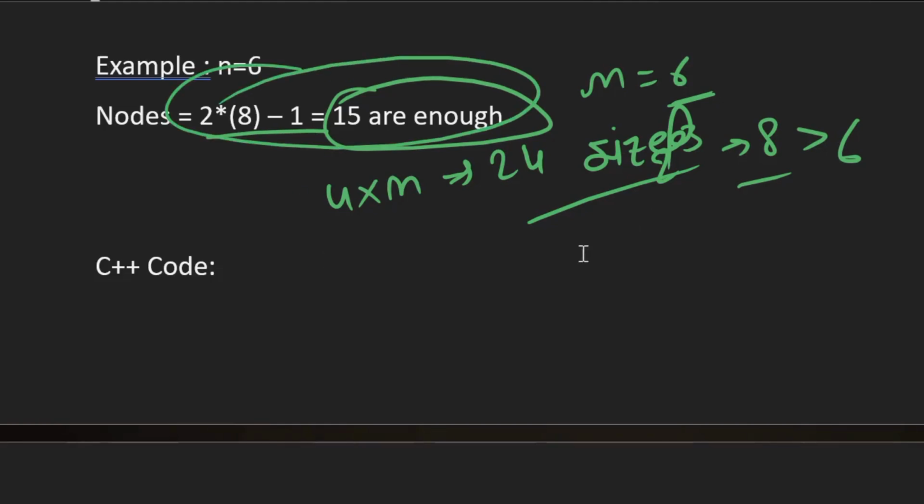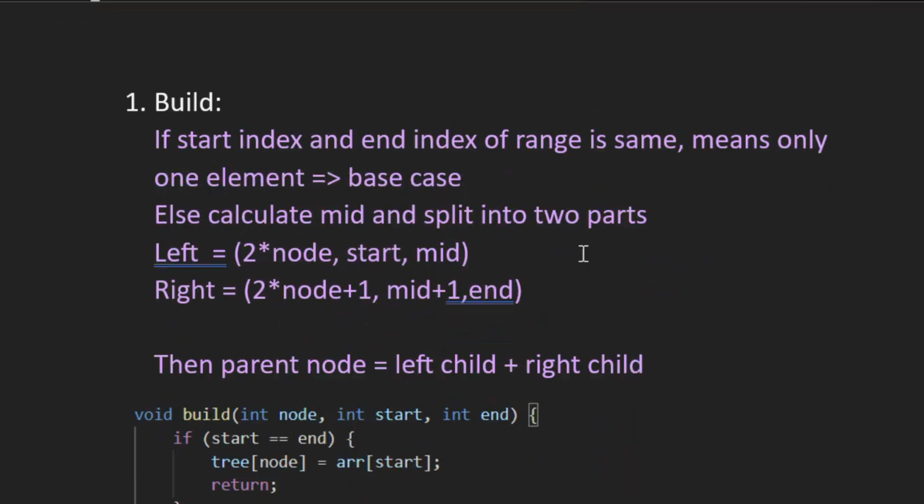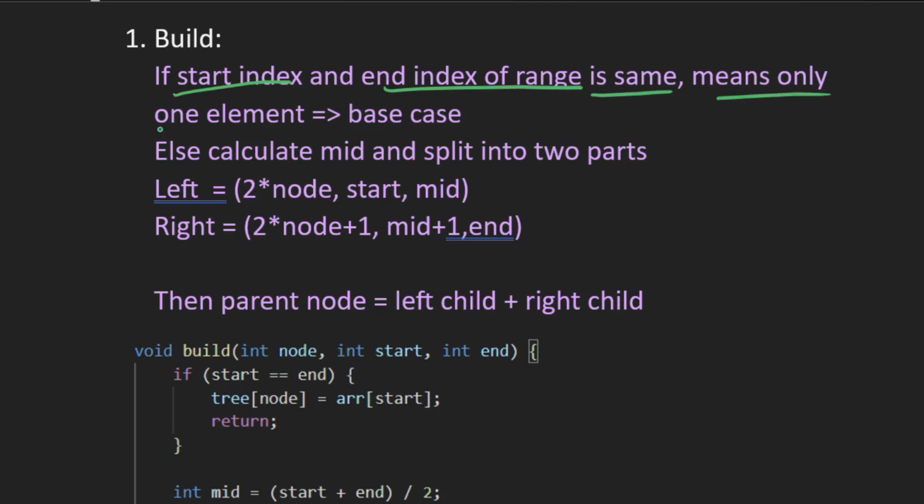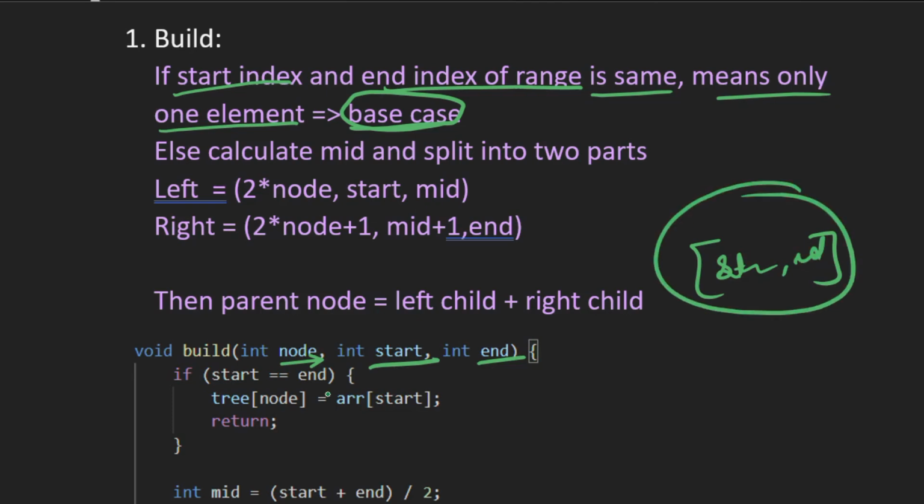So let's see the code part of the implementation. First is build. We have to build this segment tree. Node is basically showing the index, and then we have start and end, which show the starting and ending index of the range of that particular node.